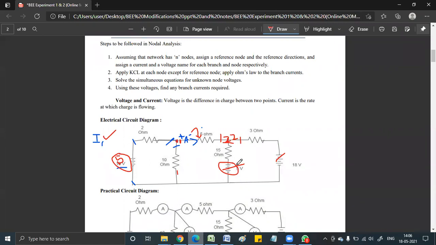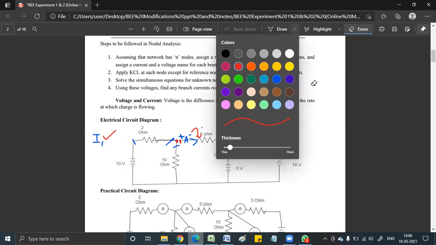Right? A supply, when it is connected on a particular branch, it will affect that branch. So you just can't make 10 as 5 and see the result. No, that is wrong. I hope it is clear. So what you have to do now, if I want to find I2, what does superposition say? So we have found what is the current through that resistor because of 10 volt alone. So the 10 volt part is done now. Next, what to do?